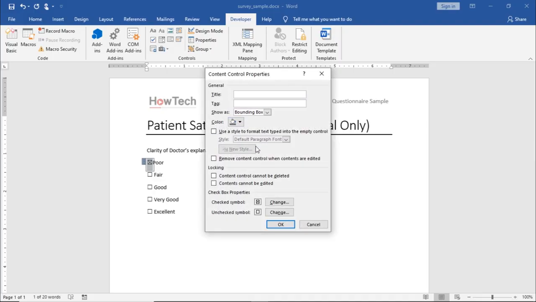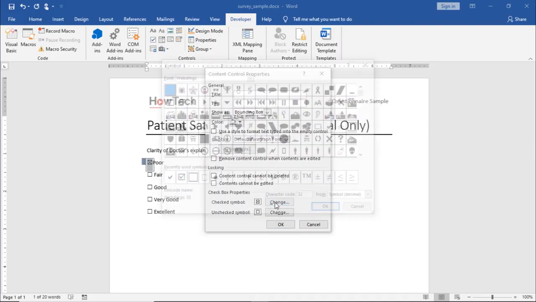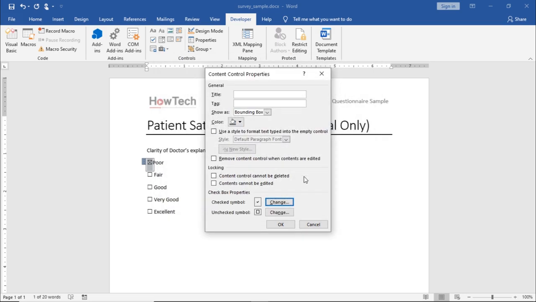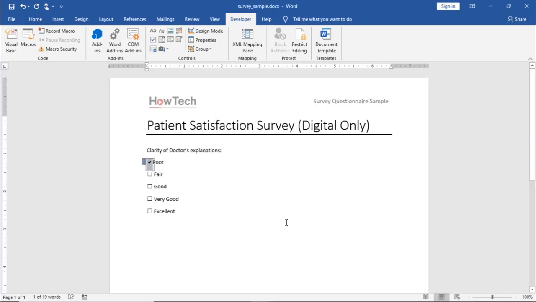Click on the Change button next to the Checked symbol option. From here, you can select any icon from the list. For example, in the font Webdings, you can find the tick icon here. Once you double-click on it, you will be taken back to the Content Control Properties window. Now, when you click on the OK button, you can see that the selected version of the checkbox has been